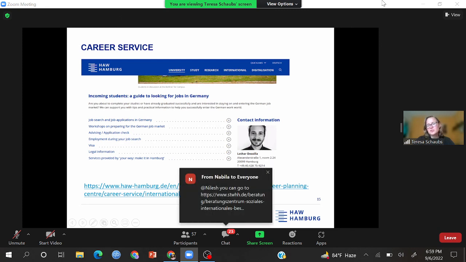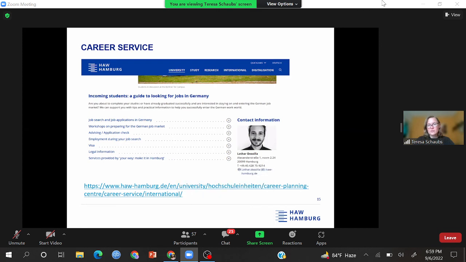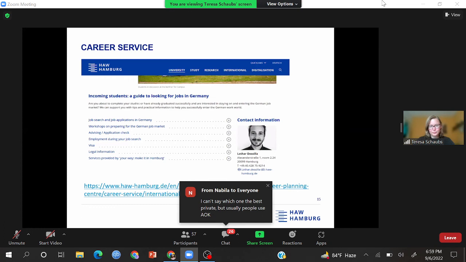They can check your CV if you're applying to jobs, for example. Also for students' jobs, it's important to have a nice looking CV and a cover letter. If you don't know how to write that, or if you're unsure that your documents look as they should look in Germany, you could consult with them and they can tell you what to change there, okay? They can give you good advice. Okay, so much for now.